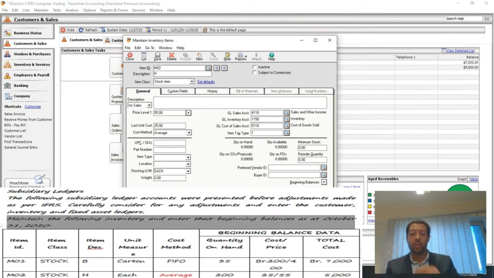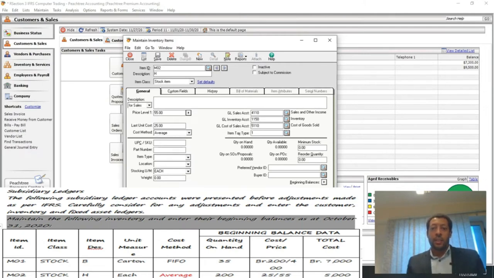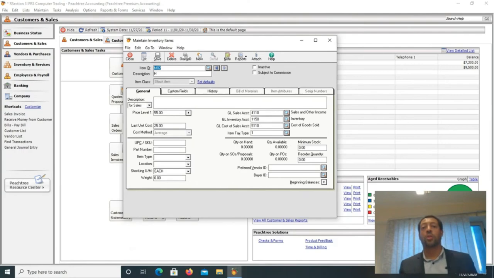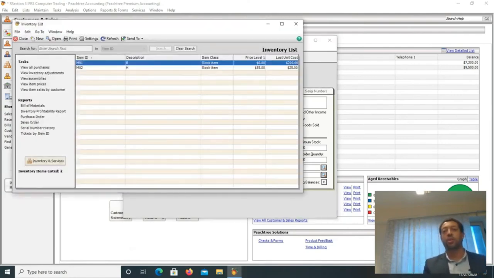The GL sales account, the GL inventory account, and the GL cost of sales account have to be there. Then we'll say save. Right, save. So when you finish, say list. So there should be two inventories listed. Okay, you see, when I see the first item, the price level